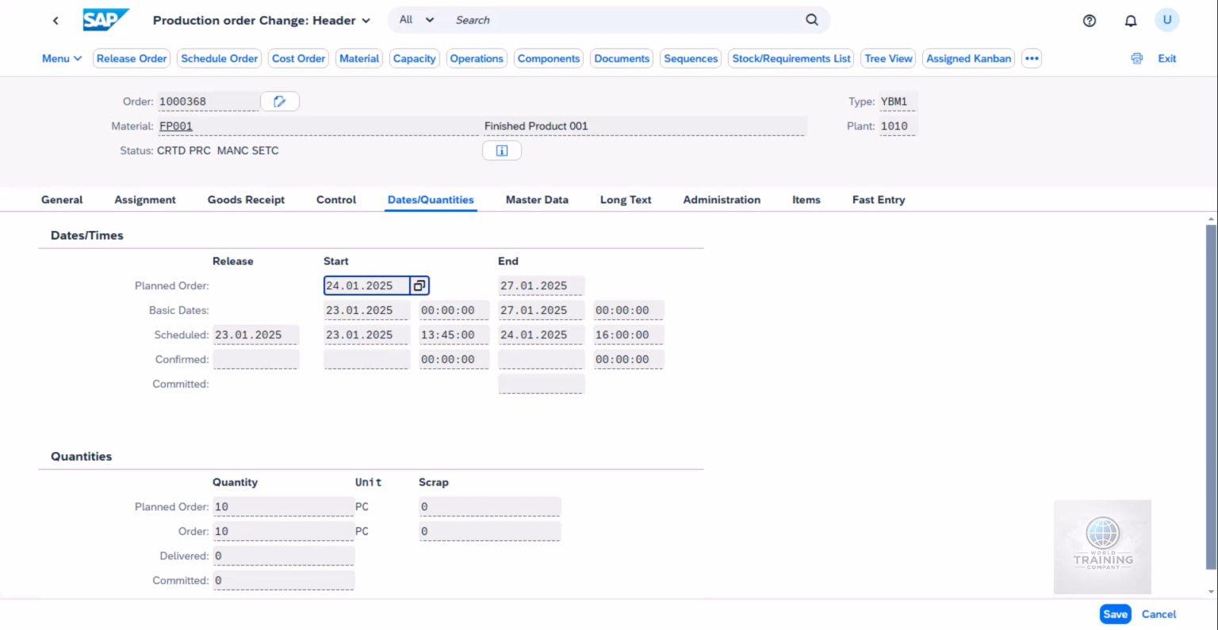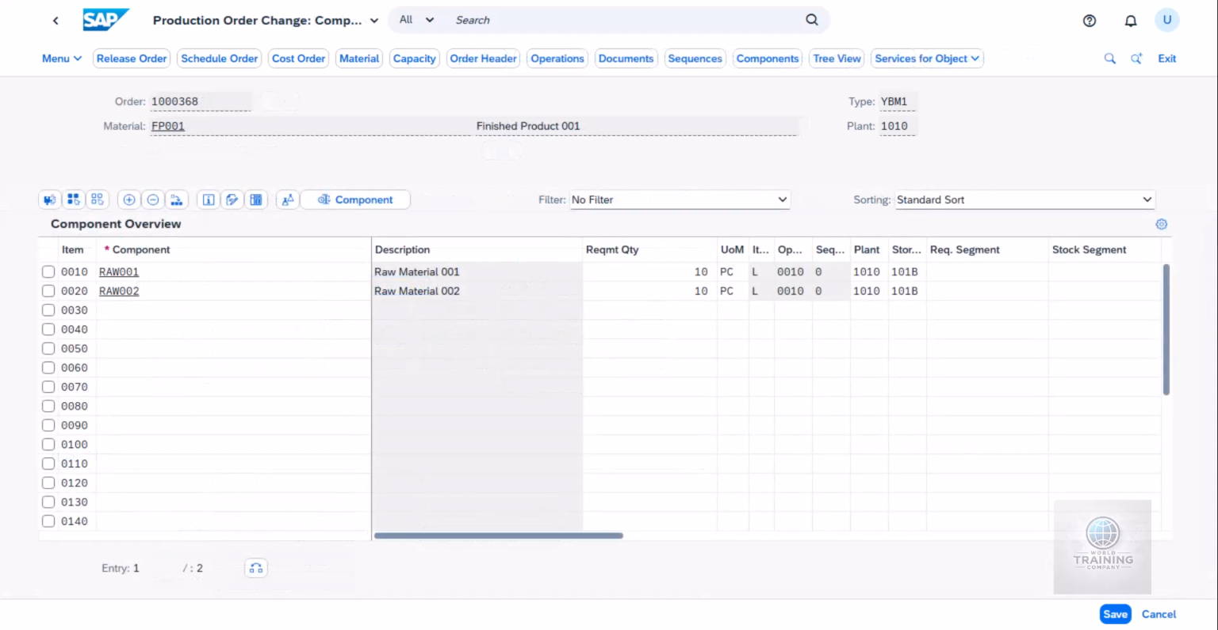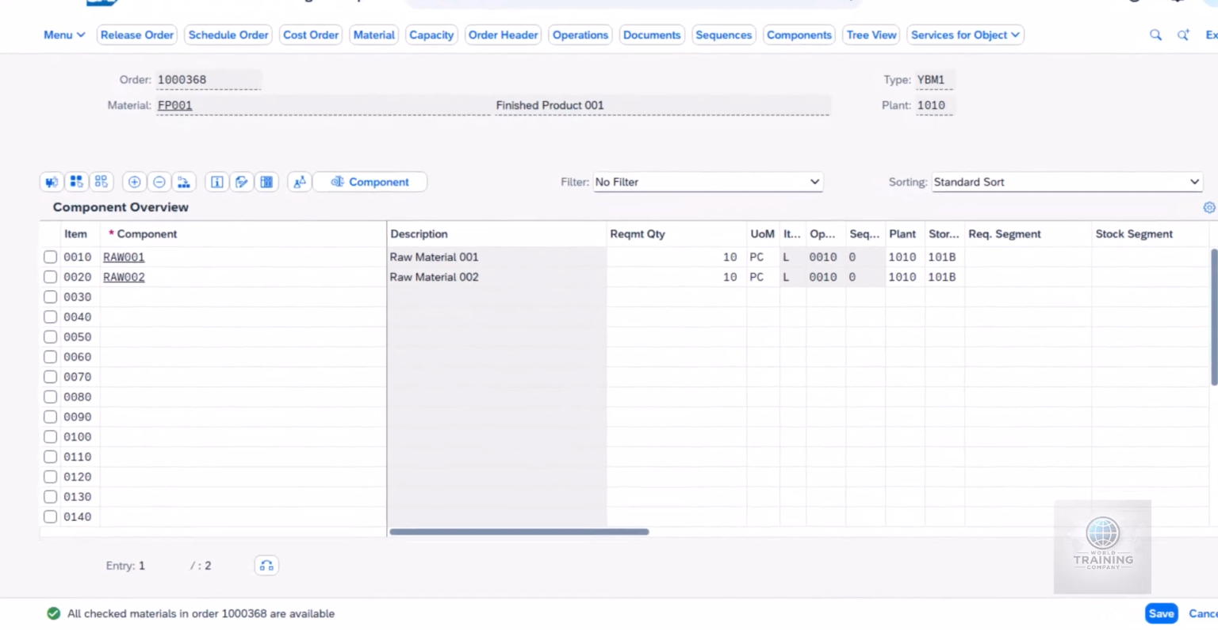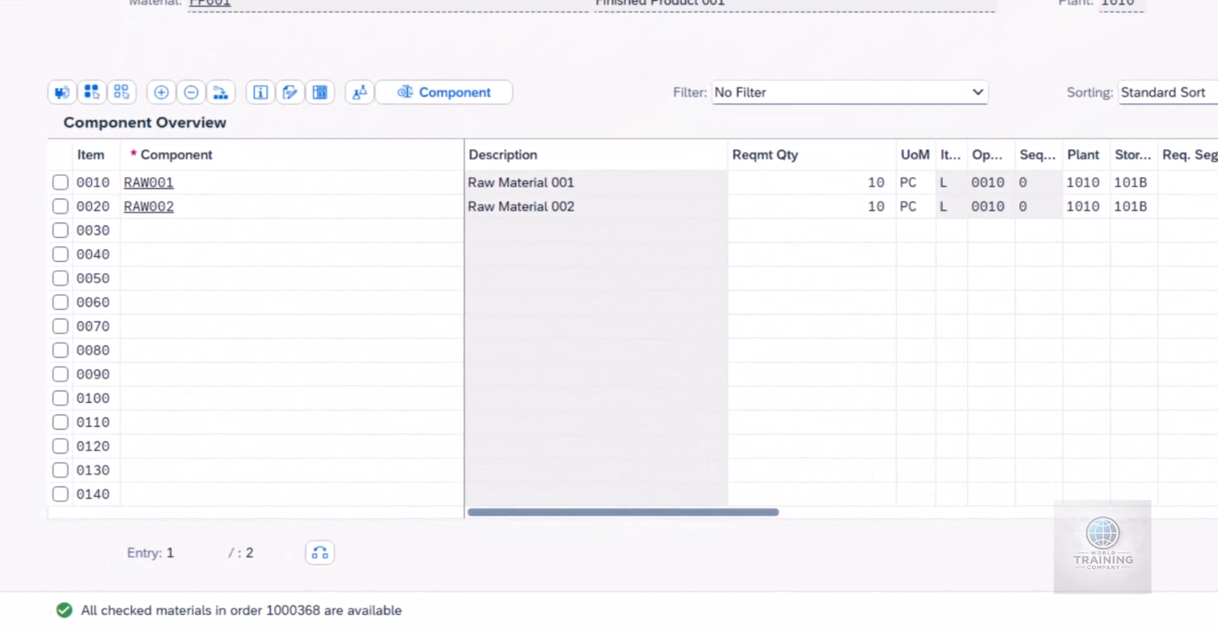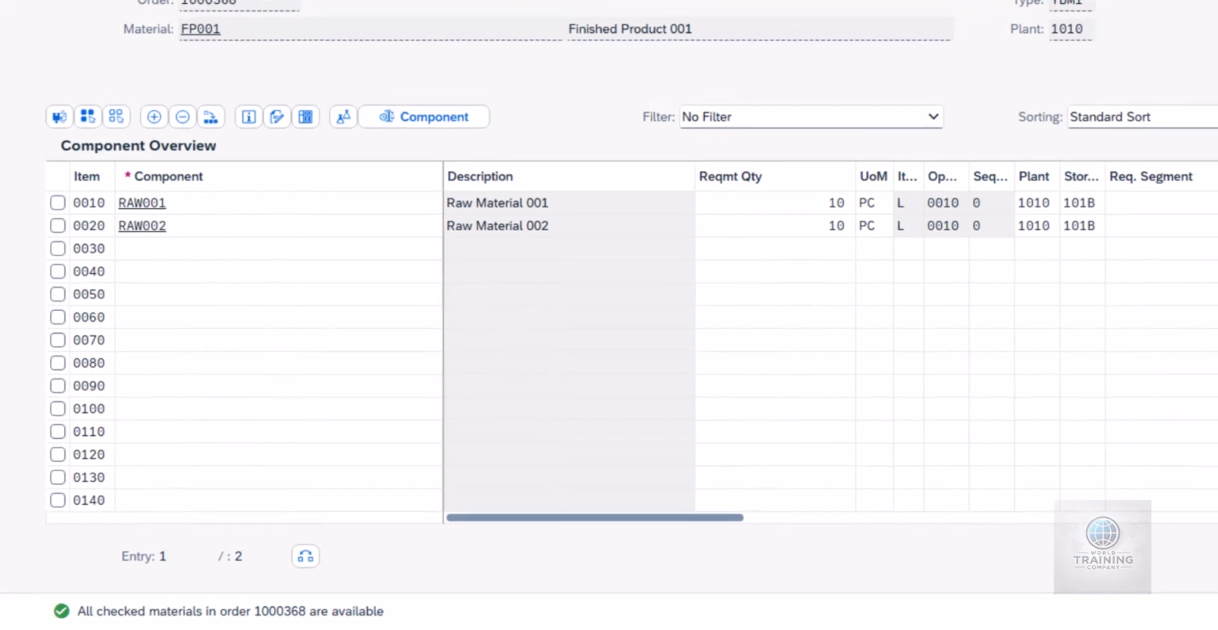produced. Now, moving to the Components icon, we review the essential materials required for production. The list includes Raw 001 and Raw 002, both with a planned quantity of 10 units. To ensure these materials are available in stock, we use the Check Material Availability icon at the top of the screen. The system confirms that both materials are available for consumption in Operation 10, validating the Bill of Materials, BOM,